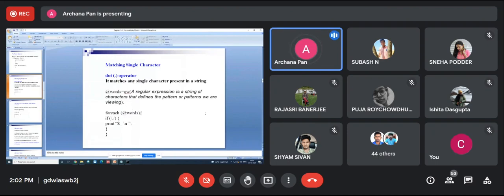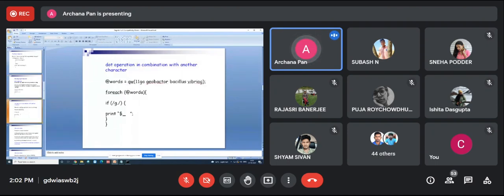Because G is not followed by anything, you are not getting this one as output. In the other two cases, after G something is there. So in this case you are getting two elements printed, this one and this one.